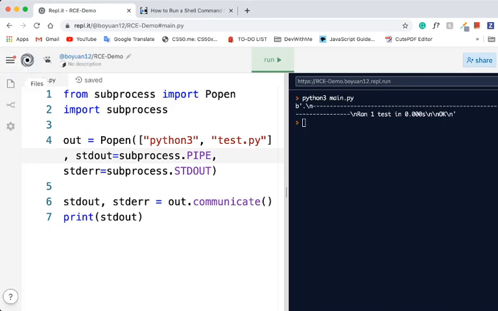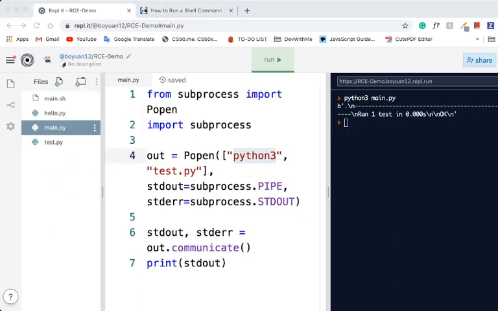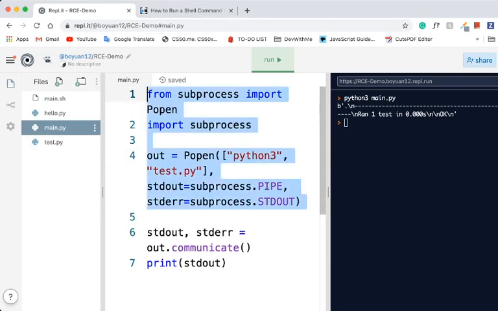Let me see how long I've been recording. 21 minutes. You know what? Probably just going to implement this. Maybe not, but we'll see. So probably not going to implement this, but